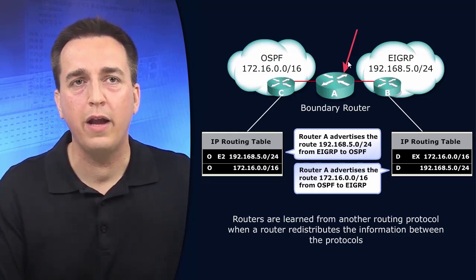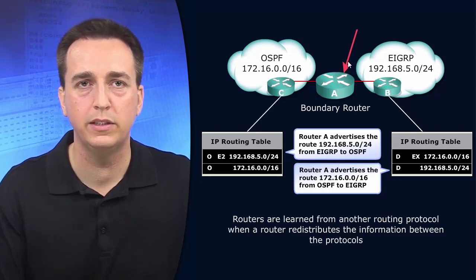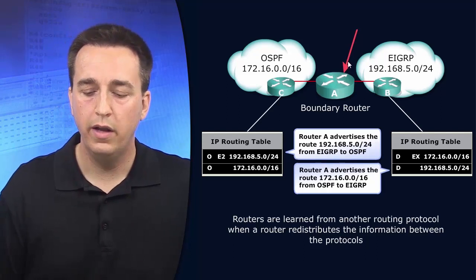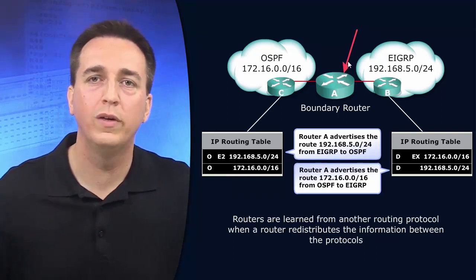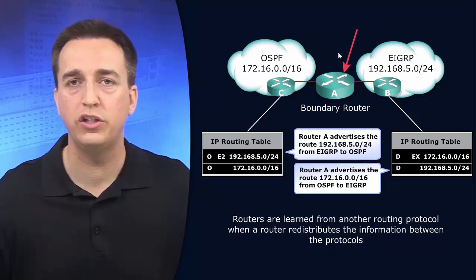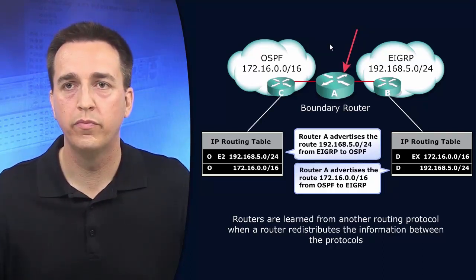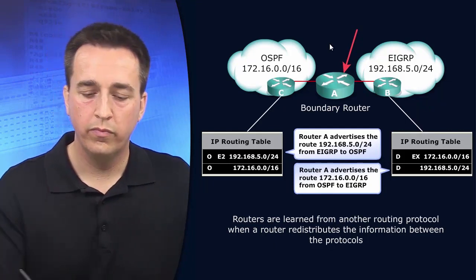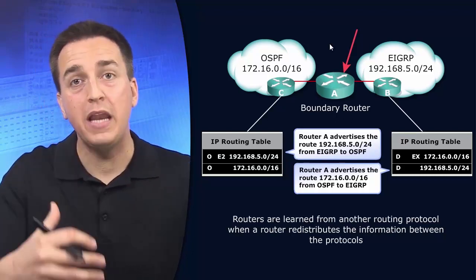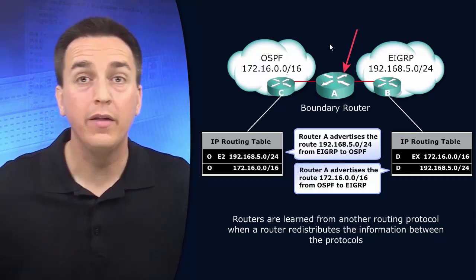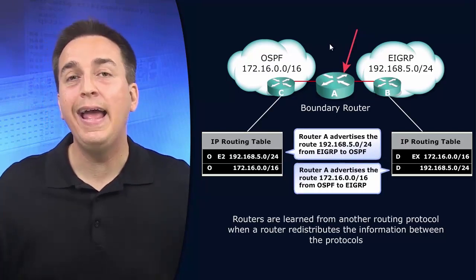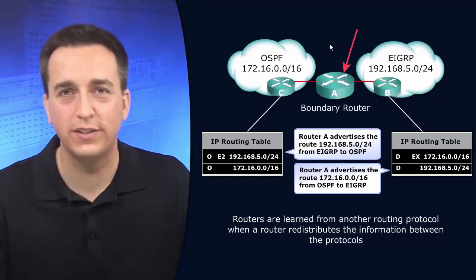If router A knows about the 172.16.0.0/16 network and it's in its OSPF database, and it knows about the 192.168.5.0/24 network, it's in its EIGRP topology table. In order for those entries to end up in the routing table, they have to be the best. There can't be any other source of information,